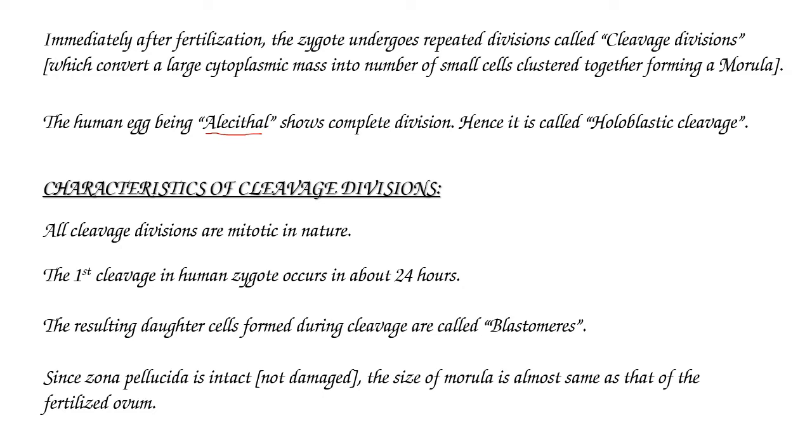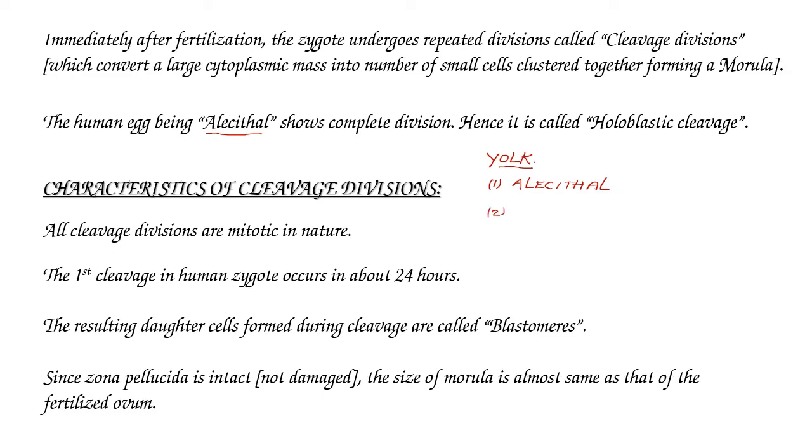Depending on the reserve food material, which we call yolk, there are different types of eggs. One, alecithal, that we can see in humans,